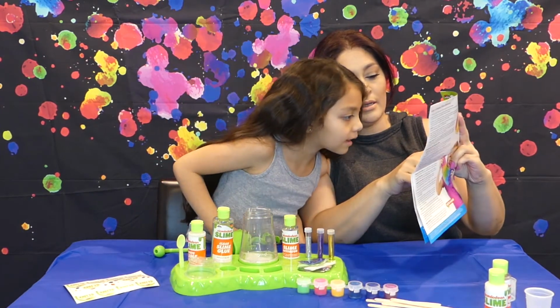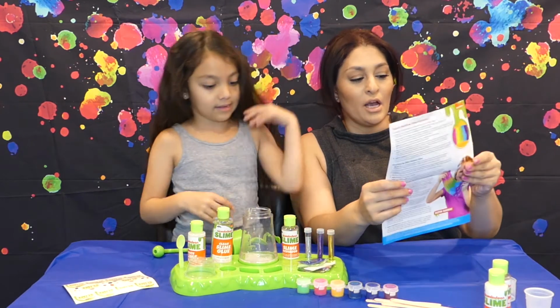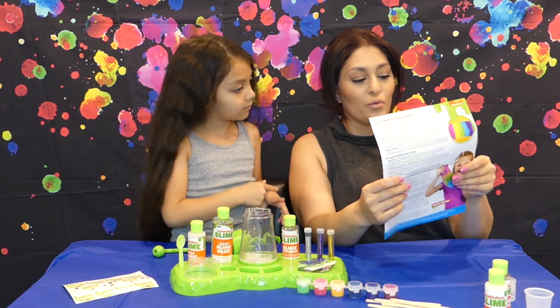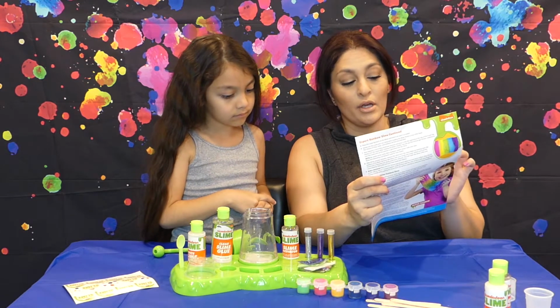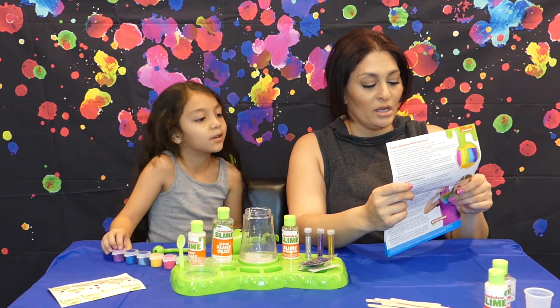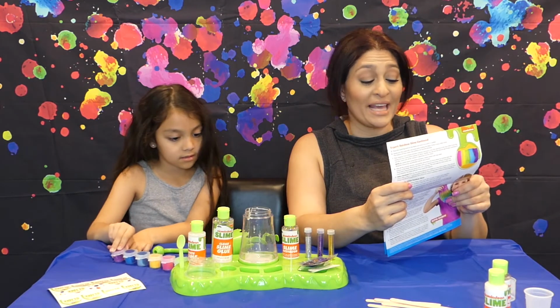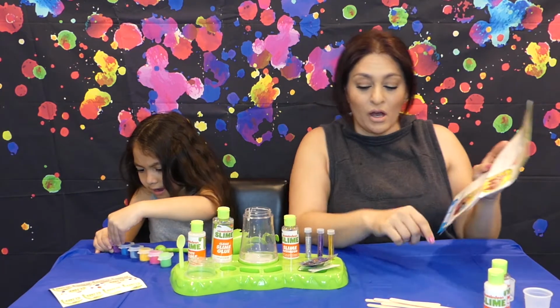It says make it fun, choose your additive. Okay, so do you want to do neon glow in the dark, scented slime, crunchy slime, or confetti slime? I want magenta purple. Okay, so you could use, hold on, with any of these you could do the colors. So want to do confetti slime? Oh, yeah. Okay, so let's...